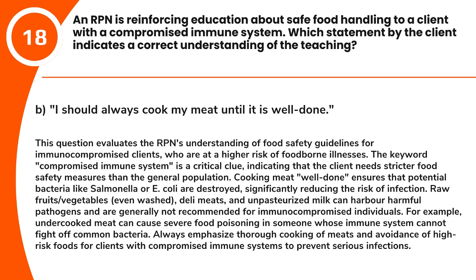Raw fruits/vegetables, even washed, deli meats, and unpasteurized milk can harbor harmful pathogens and are generally not recommended for immunocompromised individuals. For example, undercooked meat can cause severe food poisoning in someone whose immune system cannot fight off common bacteria. Always emphasize thorough cooking of meats and avoidance of high-risk foods for clients with compromised immune systems to prevent serious